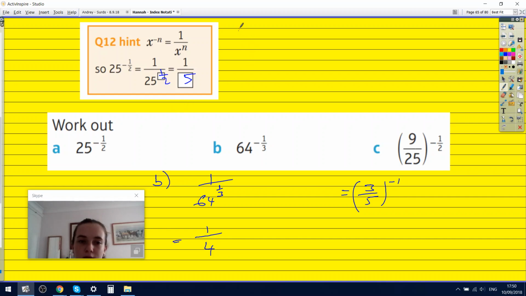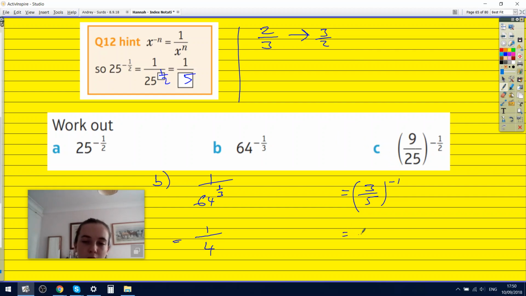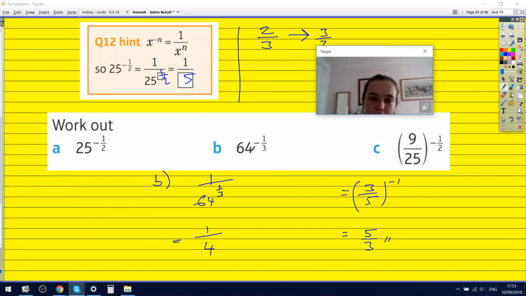So earlier, do you remember what the reciprocal of 2 over 3 was? 3 over 2. And so to the minus is reciprocal. So 5 over 3. Yeah. And the reason why the 1 over thing is the way it is because 64 is